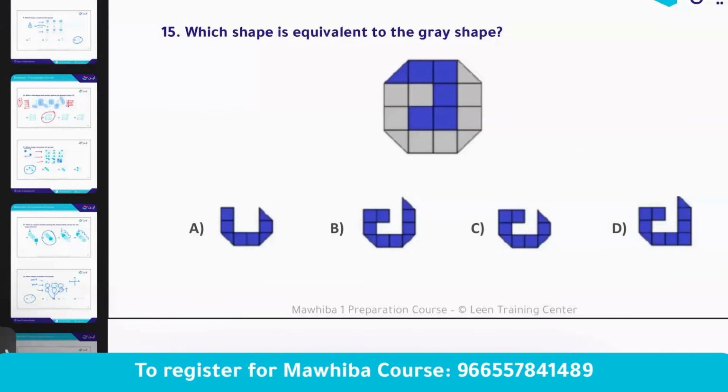So which shape is equivalent to the gray shape? Boys and girls, all you need to do is to separate the blue from the gray. I know some of you might say that we can't see, or you don't want to draw these shapes. But all I want from you, boys and girls, is to try to do what? To match the answers